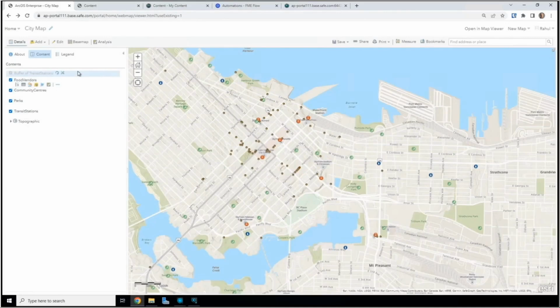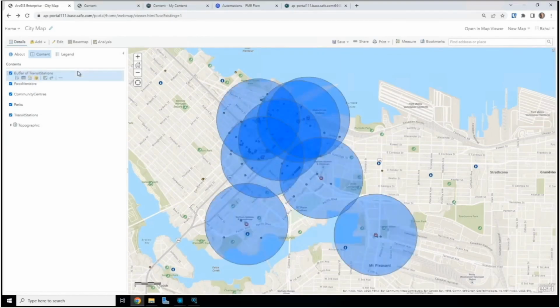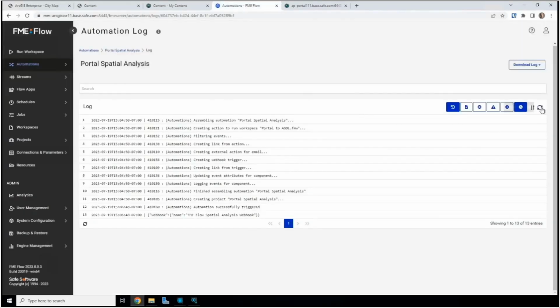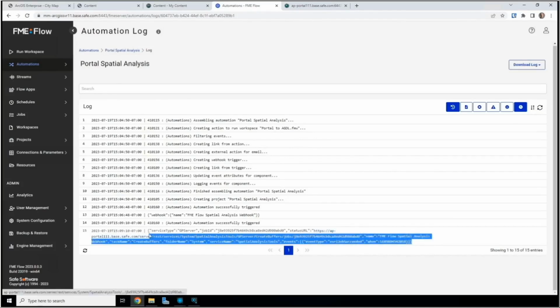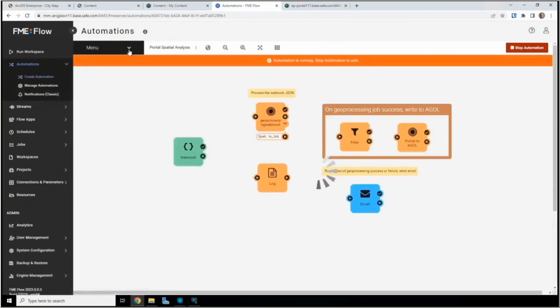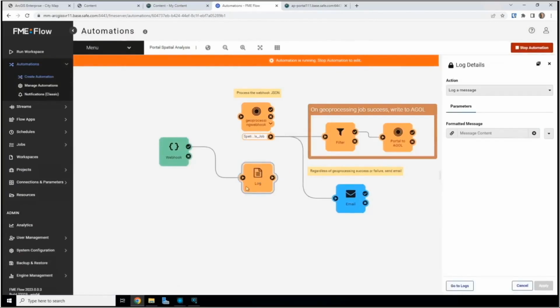Whether it completes successfully or with an error or with warnings, you'll get all that info in the message. But you don't actually get the webhook triggered until the geoprocessing service job completes. So that one's completed. We have our buffers. And so if we go back into our automation log now and refresh, we see we've received some JSON from ArcGIS server. And we're going to take another look at this JSON message in FME Form, where we can format it a bit better. But I'm going to copy this whole message and go into Form shortly where we can